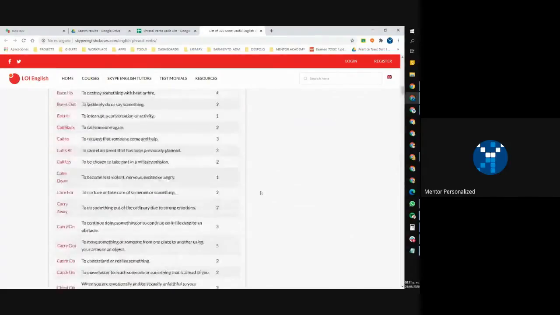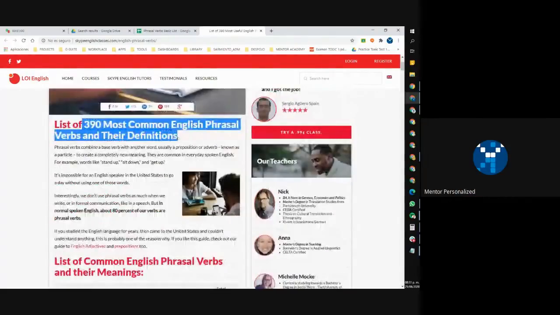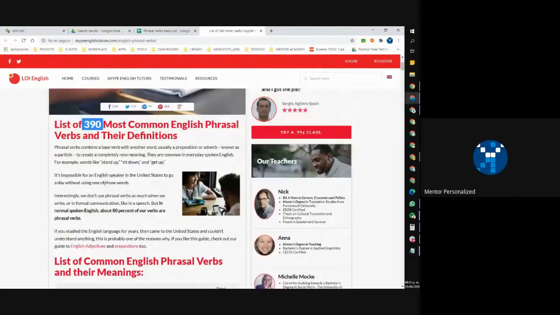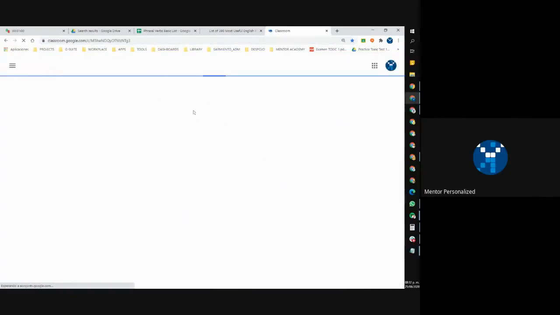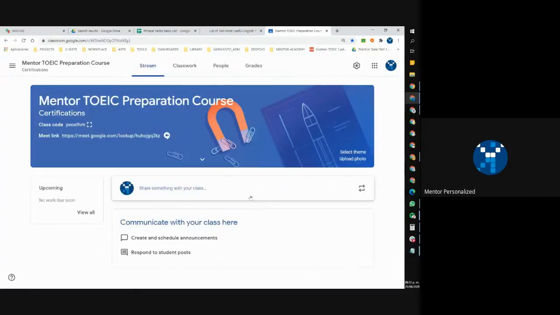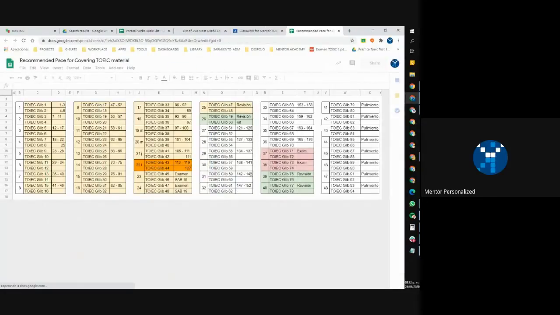For example, this is a list of 390 phrasal verbs. If we wanted to divide this list, for example, into one month, before we present the final exam, let's see if this can work like this. We go here, and we'll go for our calendar in class work, recommended pace. And we have